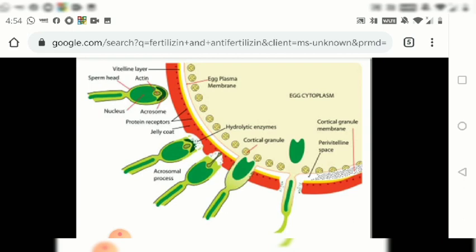So first what will happen? The fertilizin will activate, attract, and later agglutination takes place. And where will it take place? At the egg surface. As the sperm touches the egg, it unites with a part of the fertilizin molecule. So later the union releases the activated principle, and the most important change is related to the cortical reaction. So the fertilizin and anti-fertilizin mainly help in preventing polyspermy. In the coming session we'll see what polyspermy is in relation to fertilization.